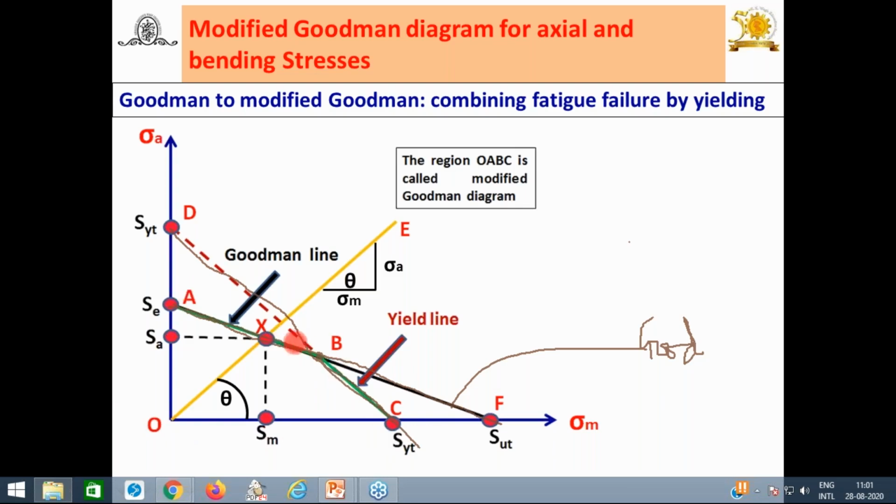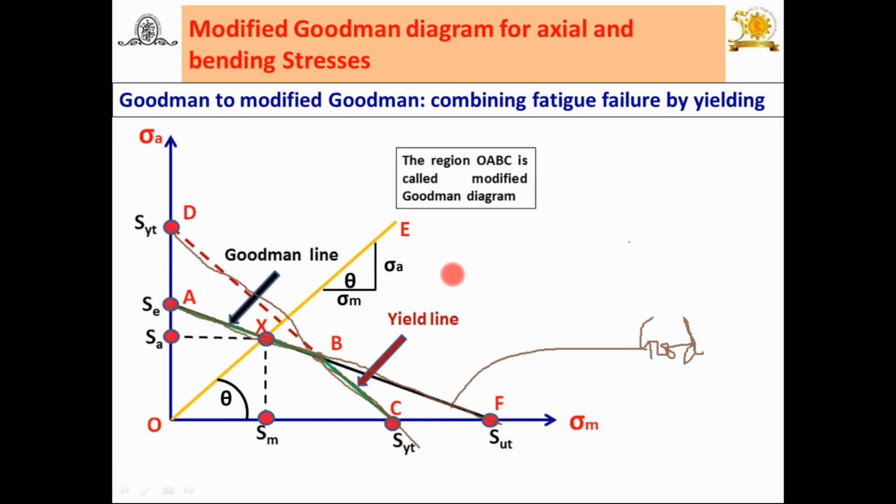Try to understand. The points inside this OABC are the safe points, or you can say the safe region, and outside is the unsafe region. When the failure point comes on this line or outside this, it is going to fail. Inside this OABC, it's a safe region. And that's how to design the component. For that purpose, you can construct another line OE by taking a point X on this AB. It makes an angle theta. And again here, the slope, you can say sigma A and sigma M: tan theta is equal to sigma A by sigma M. I am going to explain these points also within 2 minutes.